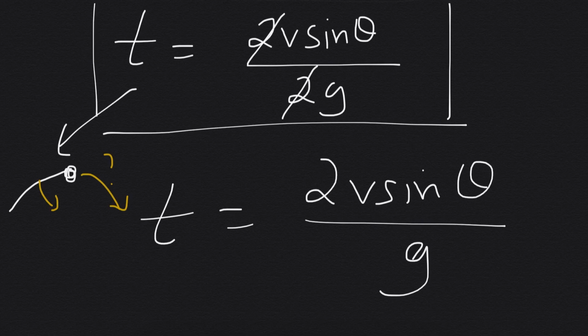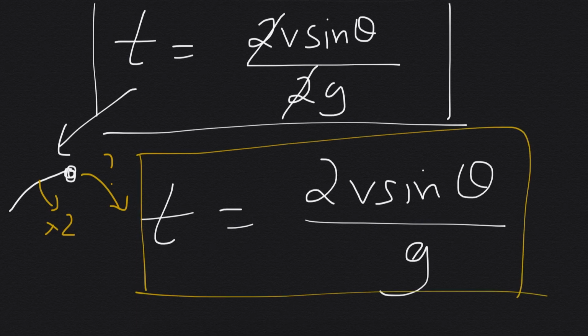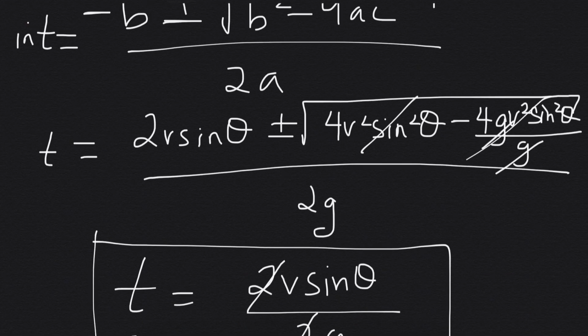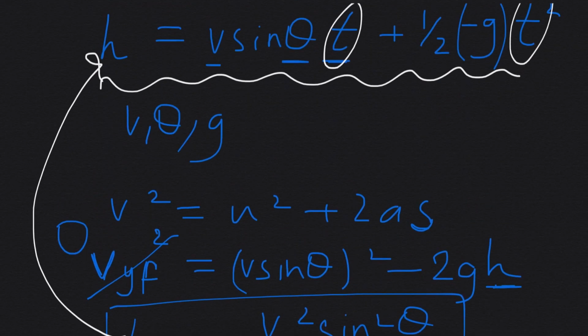So how much is that? Well, it's just this over here, so it's twice, 2 times, whatever that is. All right, so this is the actual correct formula. All right, 2v sine theta divided by g. Okay, now the last one,